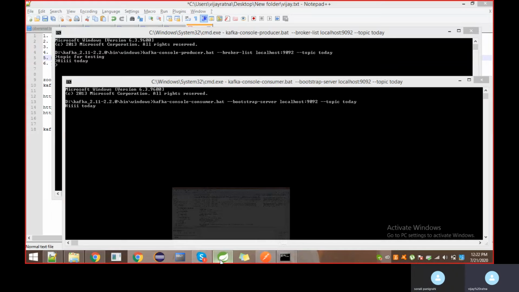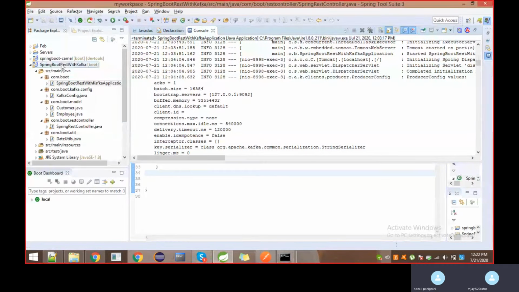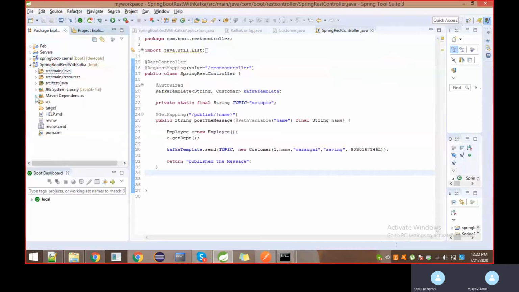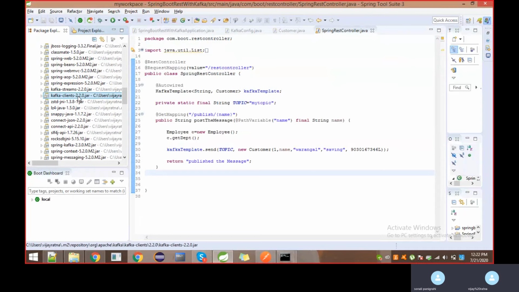Here I developed a Spring Boot application using Kafka and added all the dependencies using Maven. You see here Jackson, Spring Boot starter web, Tomcat, and the Kafka client jar and everything.